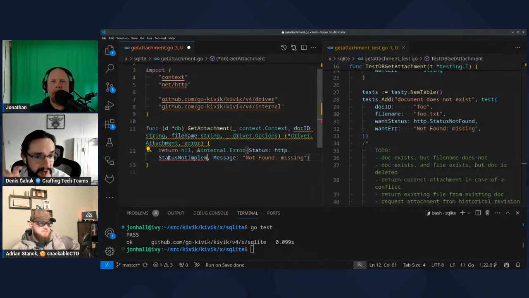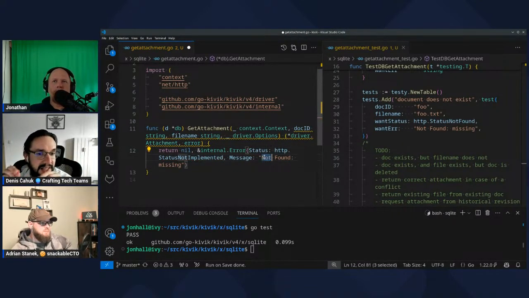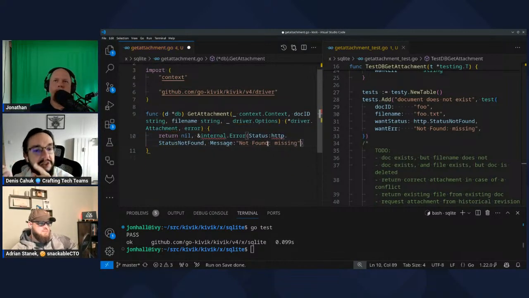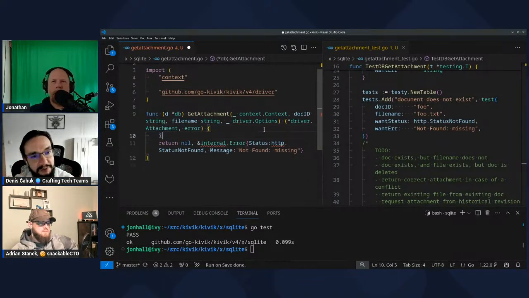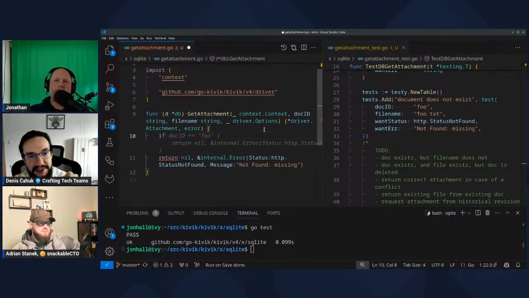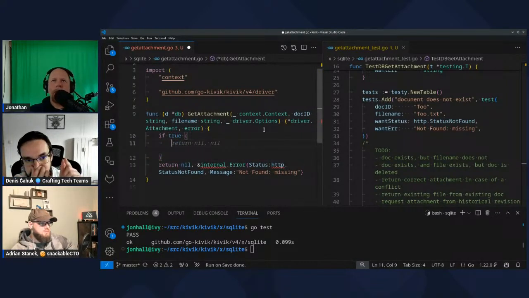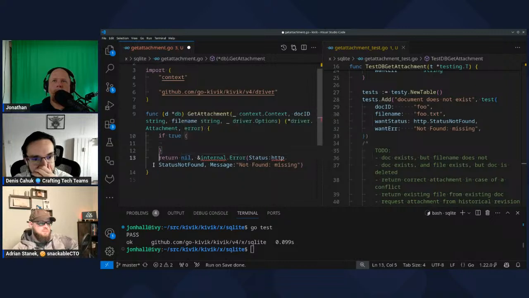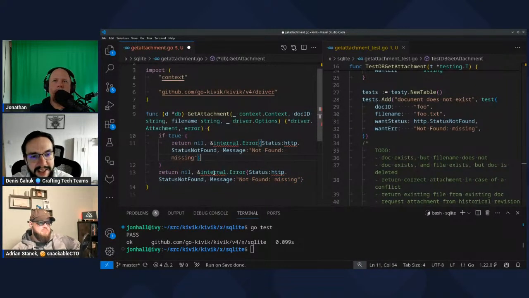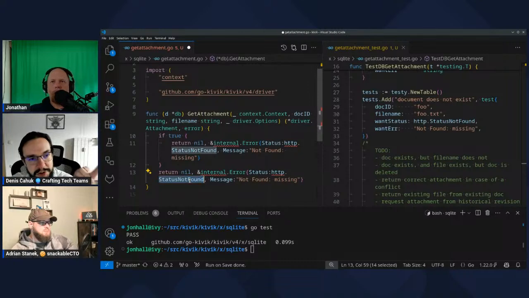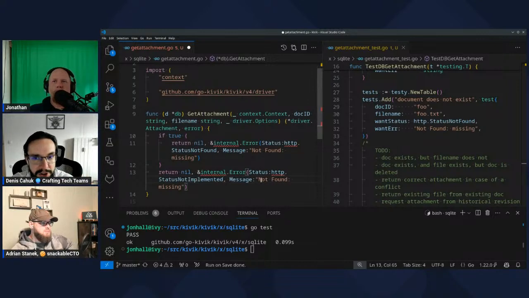So let's change this. I would just refactor it because it passes. In the green state, I would say let's at least have an if statement here to simulate having done the check of, hey, does it exist? If not, return this. And if it doesn't exist, let's see what the other case is for this failing. Because we return nil and an error, I'm assuming nil is something we don't care about, and we only check for the error case, right? Because we didn't say we want to return nil.